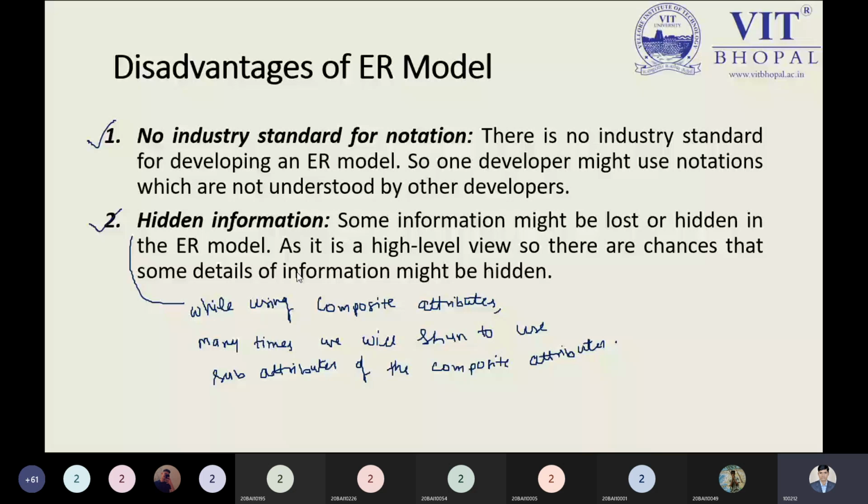So in a room, the number of windows will be there by default. We have to identify how we can expand it, how we can identify the information, and some information will be hidden. So this is a point we have to understand. But now the disadvantages are over. Yeah, I know. It's already